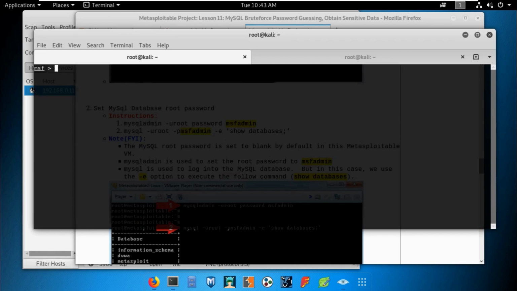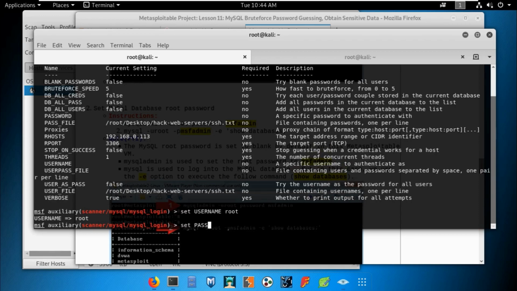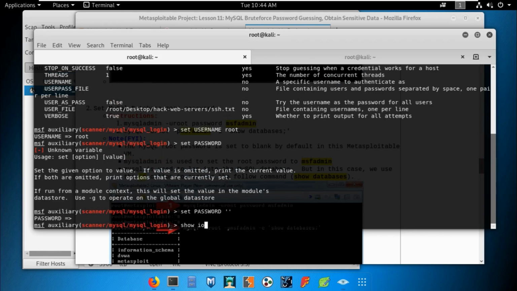Back. Use auxiliary admin. Okay, and let's search scanner MySQL login, show options. Now we know the password. Set username as root, set password as nothing. Hit enter. Okay, set password is okay. Show